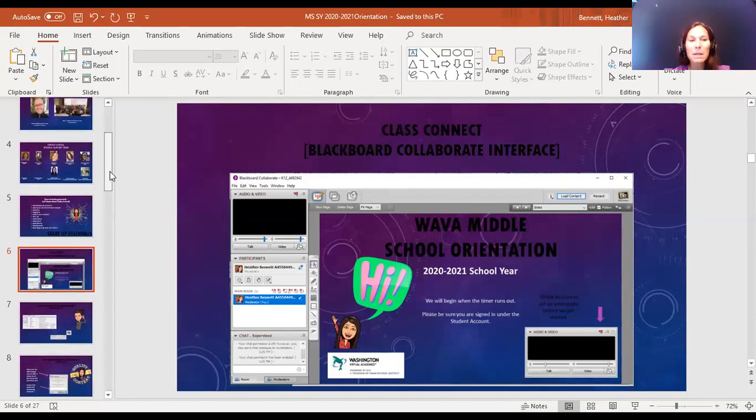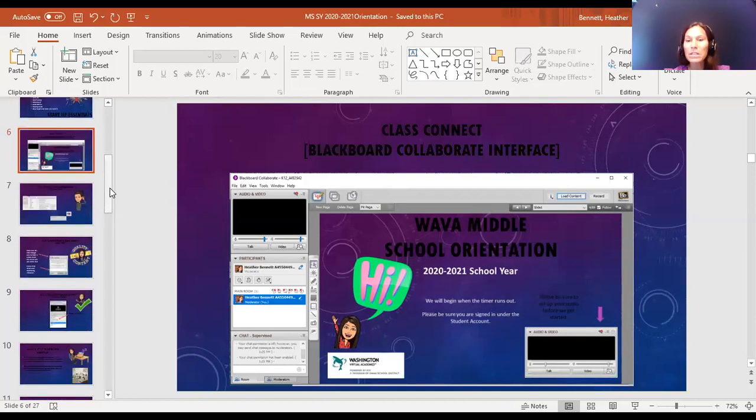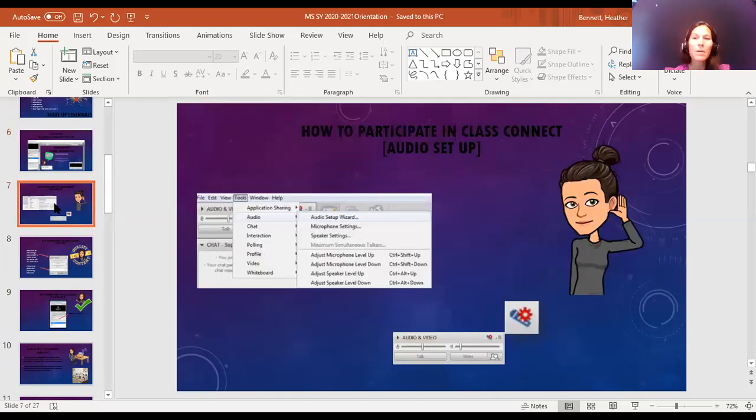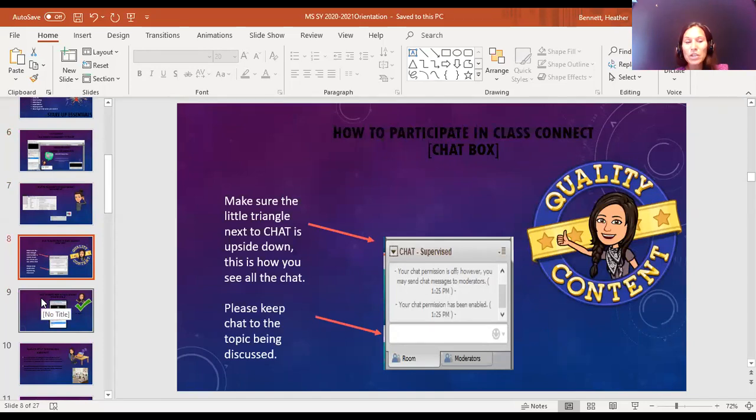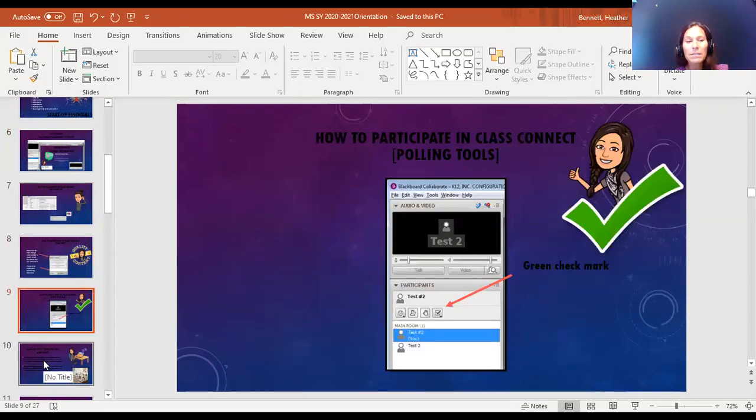Blackboard, we like to be able to go in breakout rooms and work in small groups, and it's just kind of what we're used to. We've been using it for so long, but of course, we're trying to change things up, get with the times, you know. All right, so this is all from Blackboard, setting up your audio, your chat, your polling.